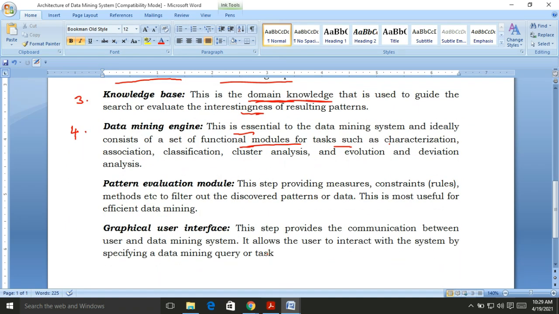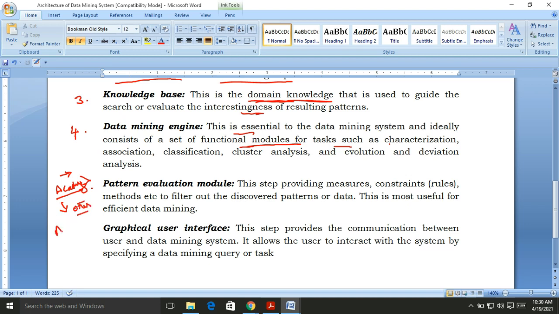The next step is pattern evaluation. After mining, the results are obtained, and we check whether the results are according to our wish. We said in the knowledge base to mine the student academic data. Here we check whether we really mined the academic data or some other kind of student data.